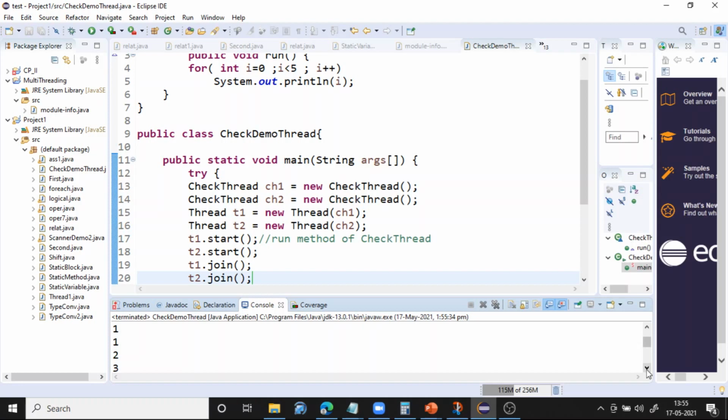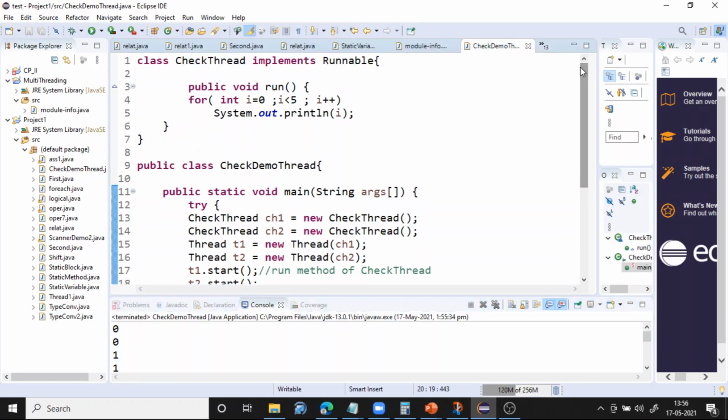It need not come in any sequence. That depends on how the context switch is happening, right? So 2, 3 is coming, again 2, 3 is coming. So maybe the first 2, 3 corresponds to the first thread, and the second 2, 3 corresponds to the second thread. It can be of any order, or this can correspond to the second thread, and this to the first thread. Okay. So how do we know which thread is executing what? If you want to know that, then you should give a thread name also.